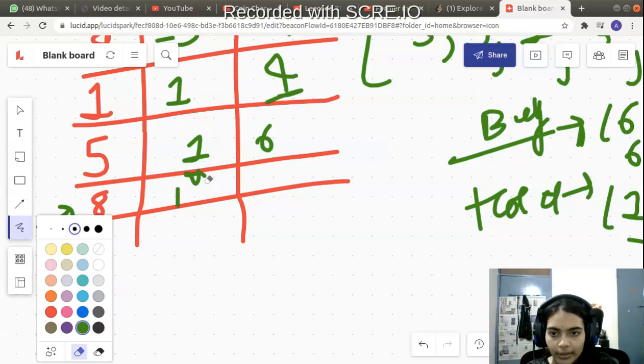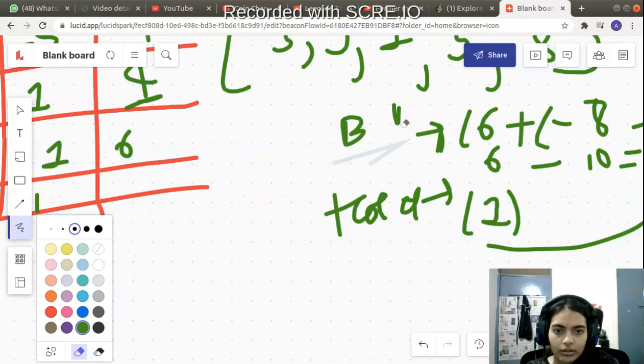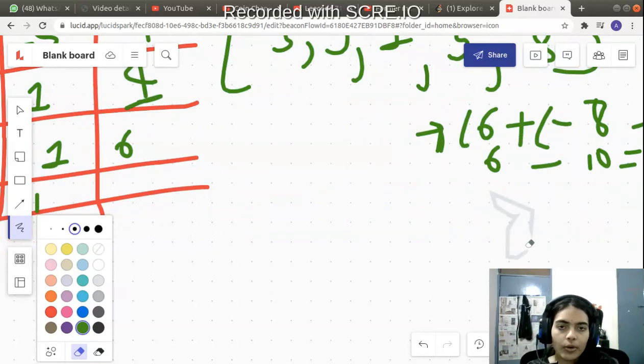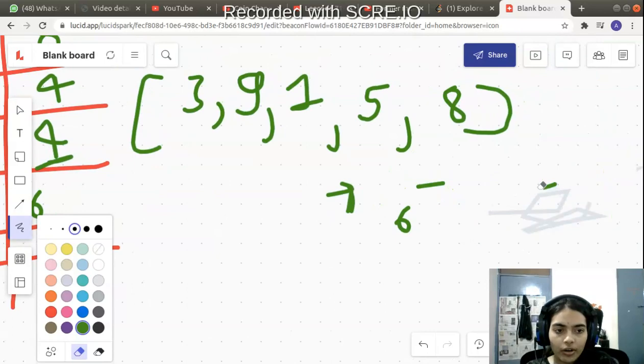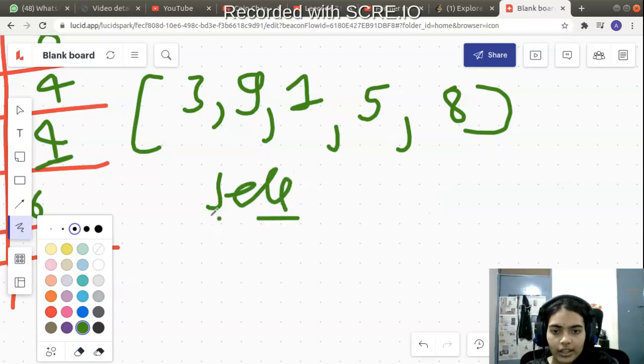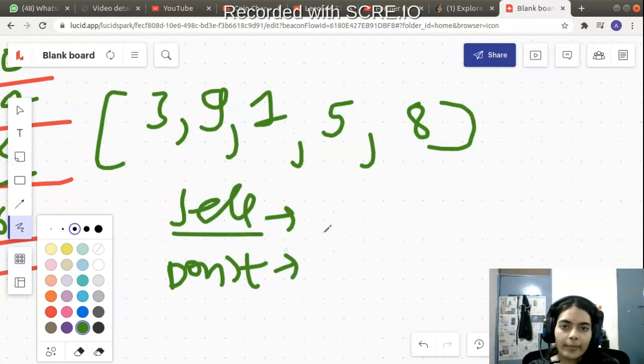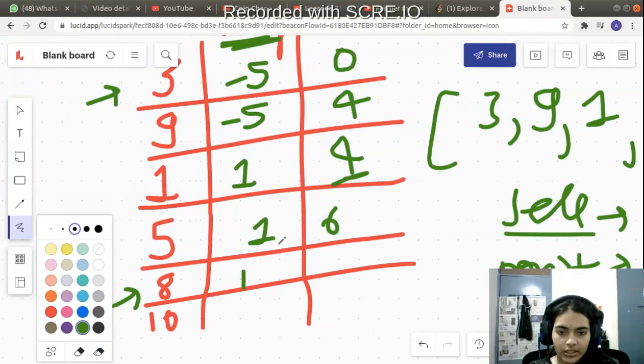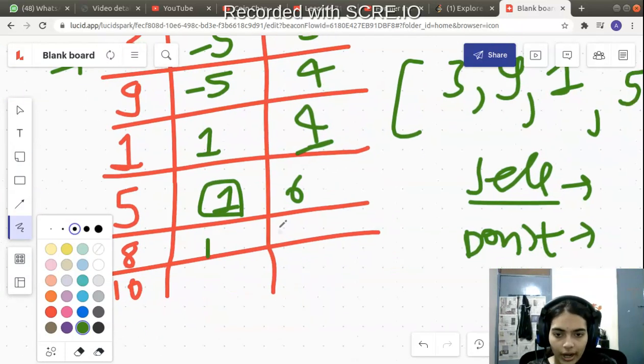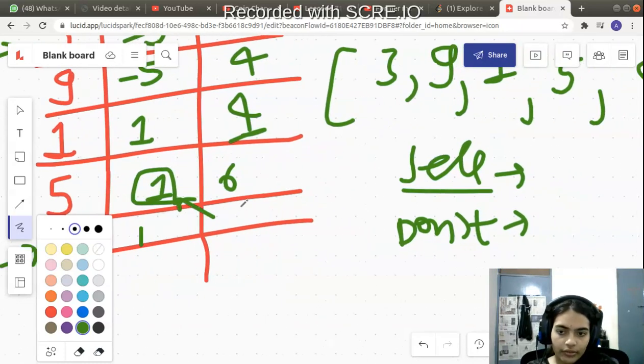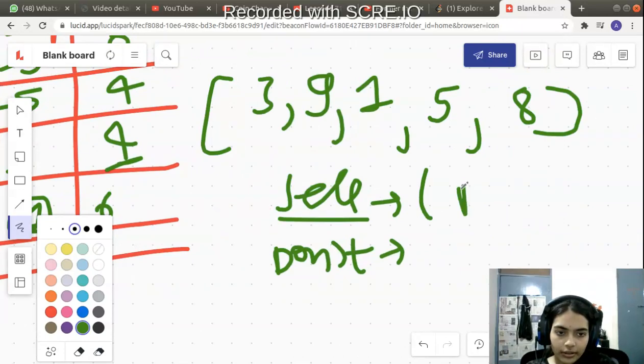Okay, now let me go over to the sell column. This is day 5, and you have an option either to sell or to remain as such. So which will you choose? Now you are at the sell state. If you are choosing to sell, that means you would have bought a stock before. So which stock did you buy before? You will look at the row one before and this particular value.